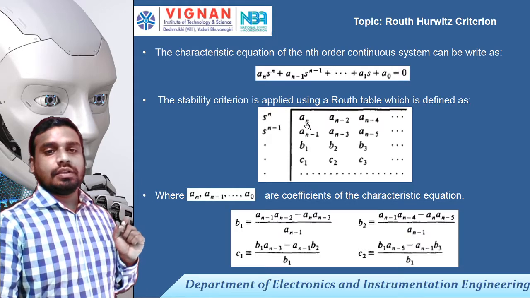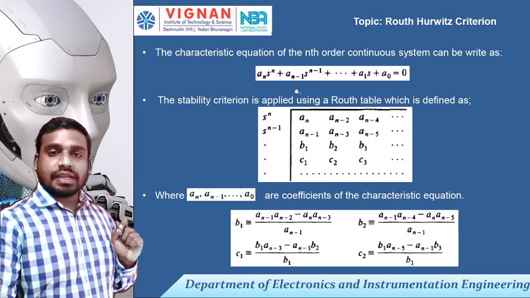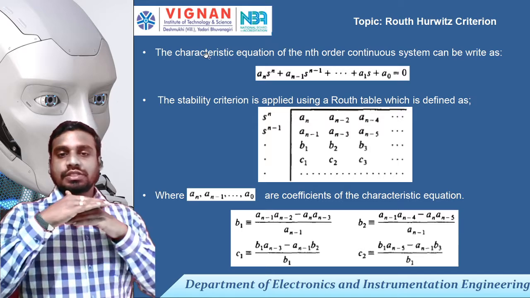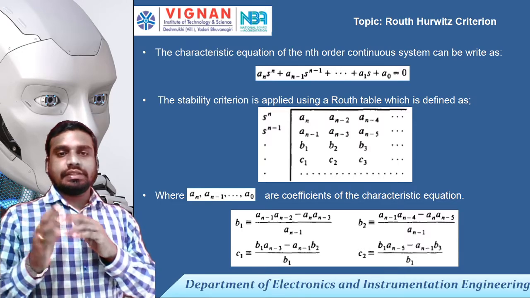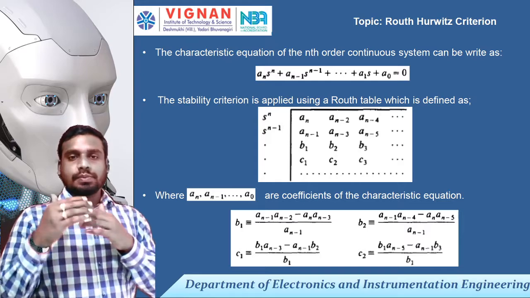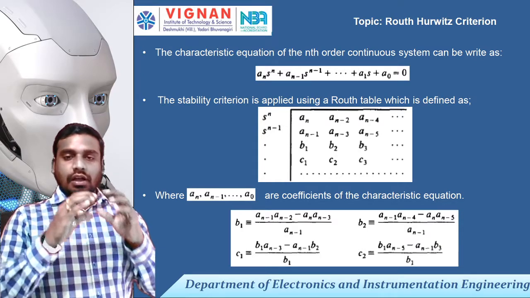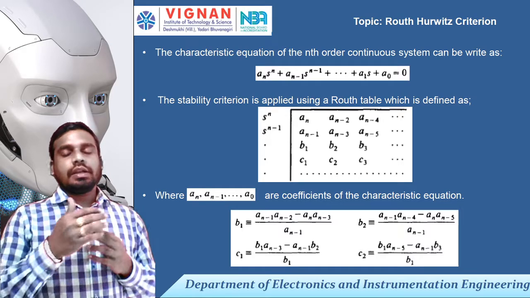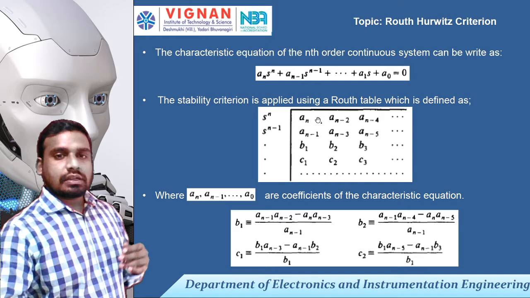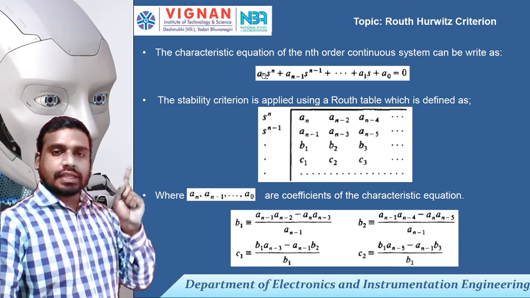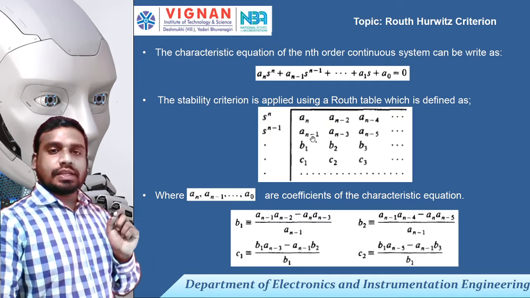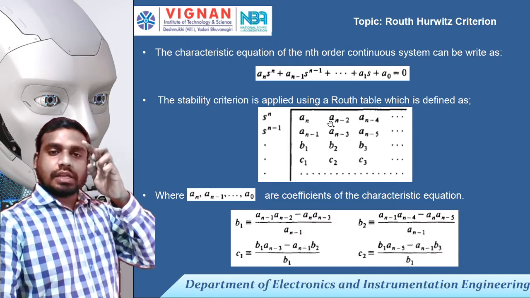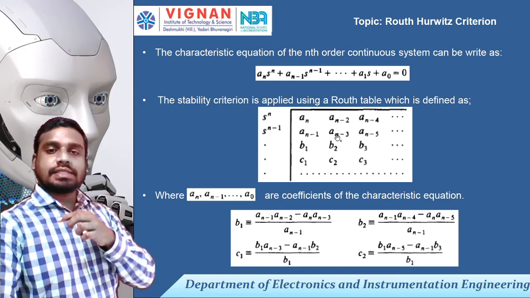That is an. So then you have to write an minus 1 in the next row. We need to actually construct the first two rows initially. Once we construct the first two rows, based on those elements of the first two rows, we can estimate the other parameters, right? So here consider an as the highest power, and an minus 1 in the second row, and again an minus 2 in the first row, second element, and the second row second element is an minus 3.